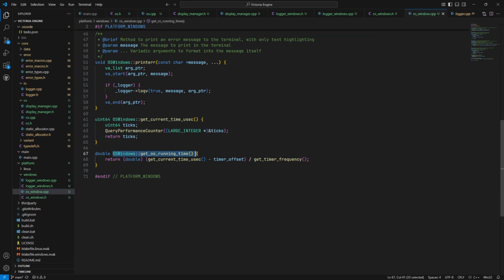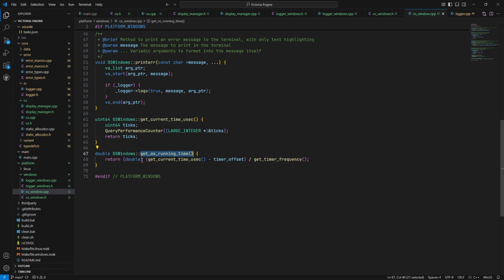And then we call to get the OS running time. This will get, as you can expect, the running time in seconds rather than in ticks. The USEC here means that it has it in microseconds, so that is 10 to the minus 6 seconds. And this would simply return the time as a double, but the double will be in real world units. So this will normally return, say, 5 seconds when the application's been running for 5 seconds, and so on and